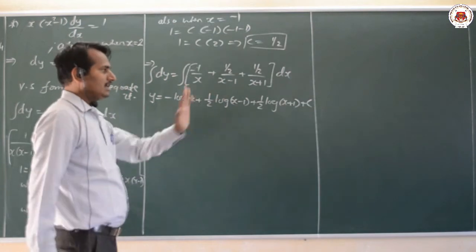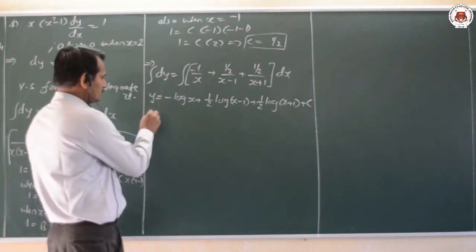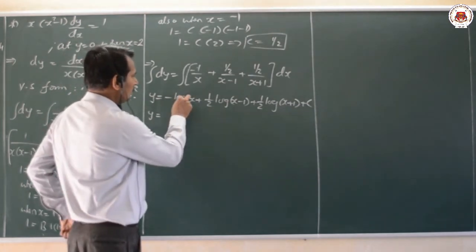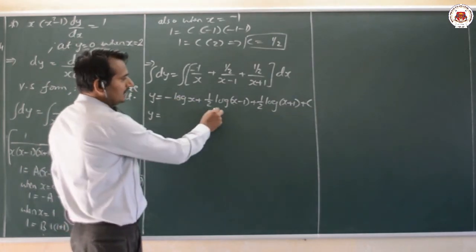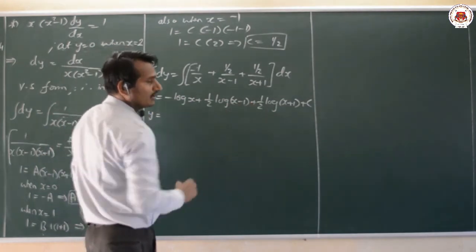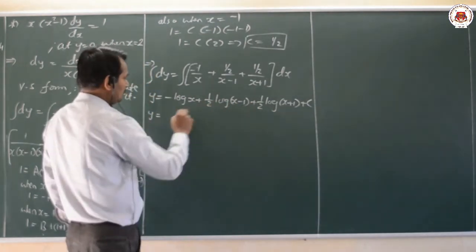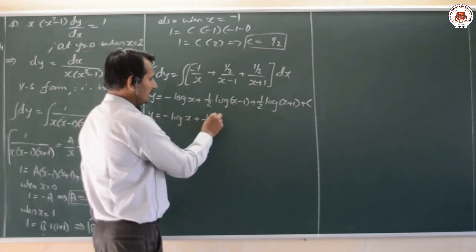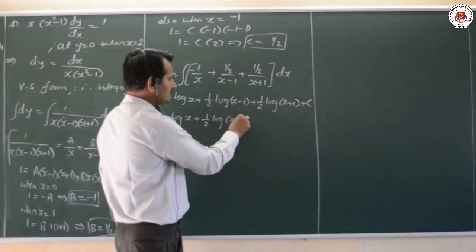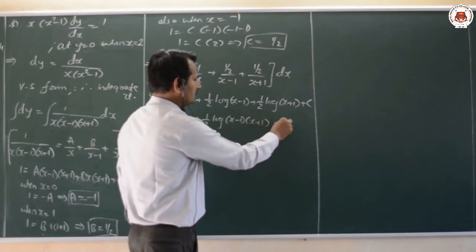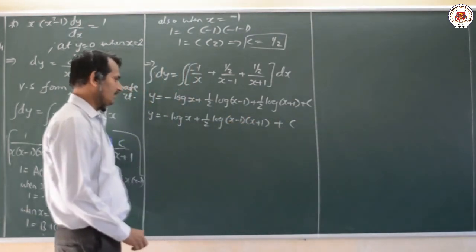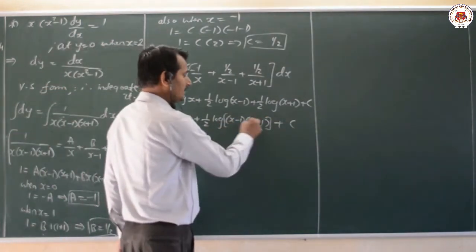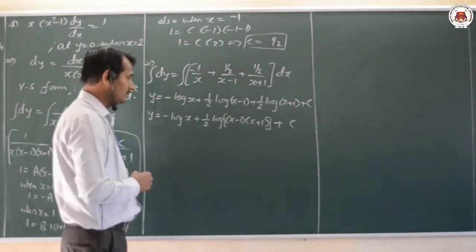Now here that is nothing but our required result. Now here, dear students, I can rewrite it as y is equal to, now what we have here, that is minus, here log a plus log b we are having. If I take 1 by 2 common outside, that is nothing but here minus log x plus 1 by 2 log of x minus 1 into x plus 1 plus an integral constant c here. Now similarly here x minus 1 into x plus 1 means what it is? That is a plus b, a minus b, a square minus b square.